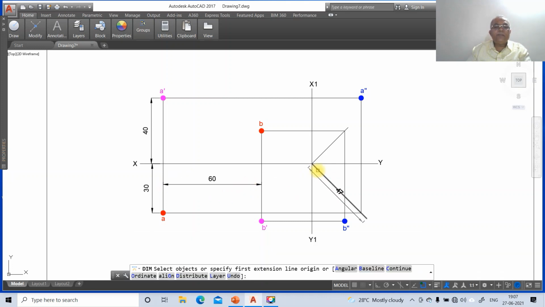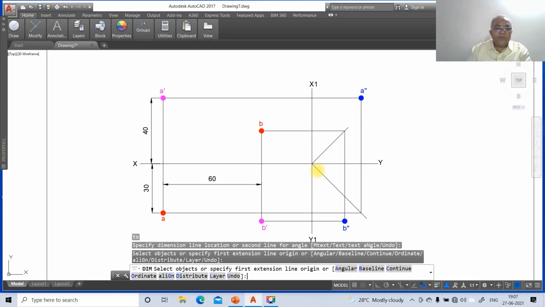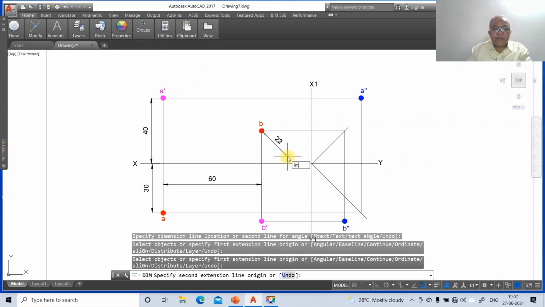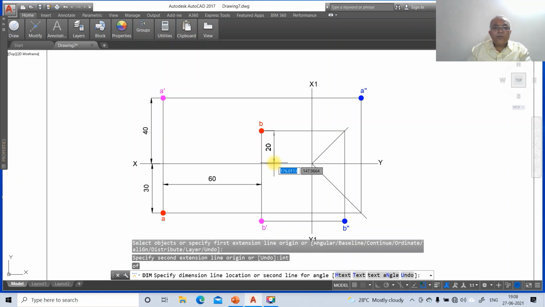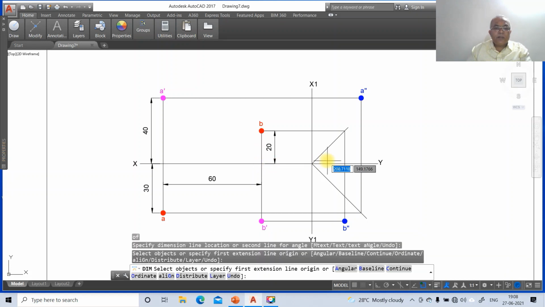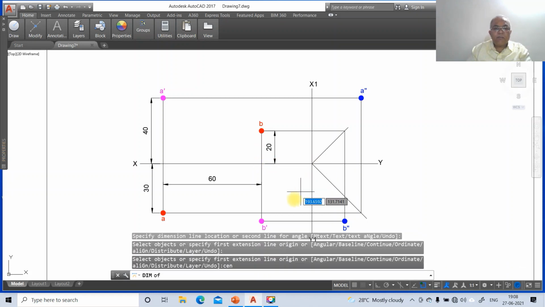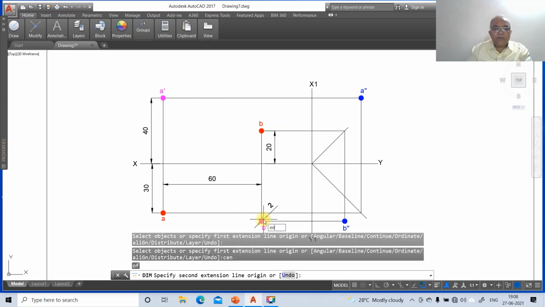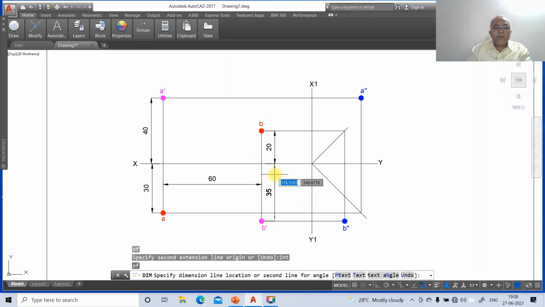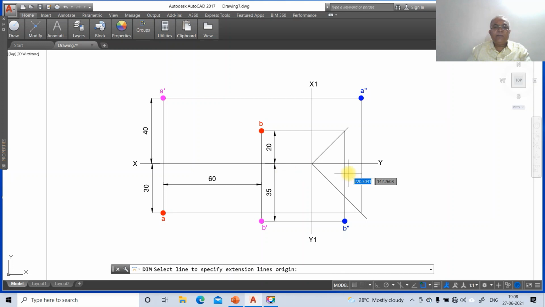So you're going to get 60. Then go to center of this and take INT of this. So you're going to get 20. Then go to center of this, take INT of this, and you're going to get this distance as 35.